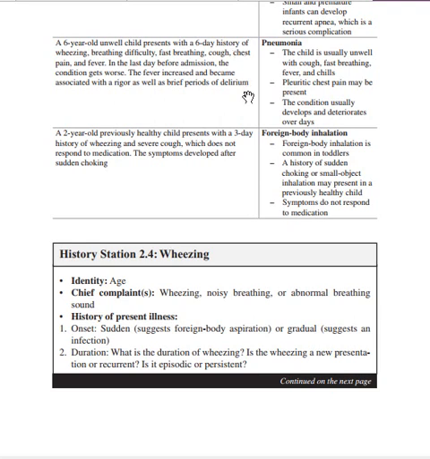Are you getting? So when you have those consolidation signs, plus wheezing, plus breathing difficulty, you can now think of pneumonia. So here you have a child who is unwell, with weak cough, fast breathing, chills. Pleuritic chest pain may be present. If you have pleuritic chest pain, you can think of a pleural effusion on the side where there is pneumonia. And the condition usually deteriorates over days.